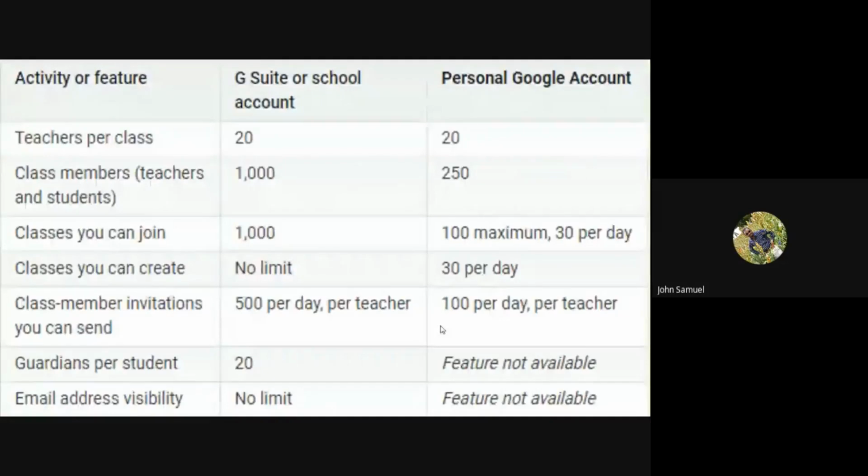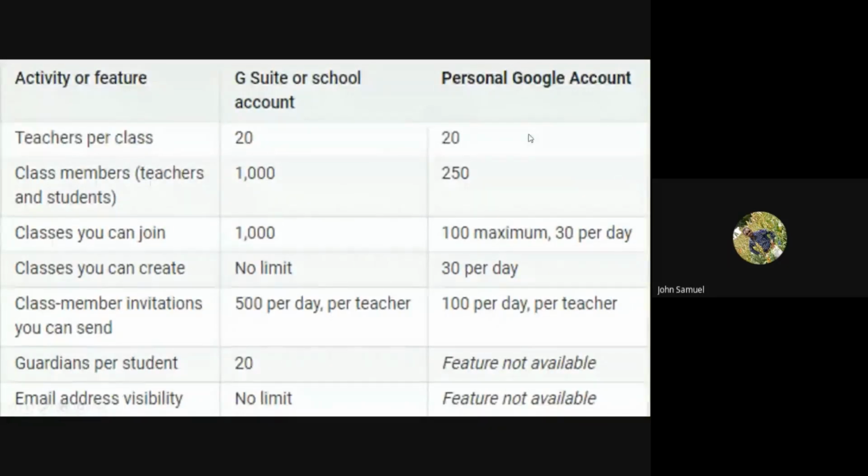Before that, we have to keep one thing in mind: whether our Google account is a personal Google account or a G Suite account, because there are some limitations. For example, if you have a G Suite account, we can add 20 teachers, and in a personal account we can also have 20 teachers.